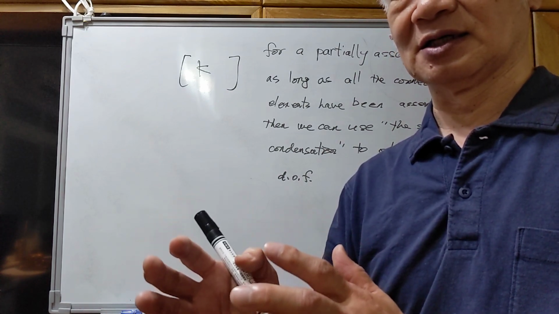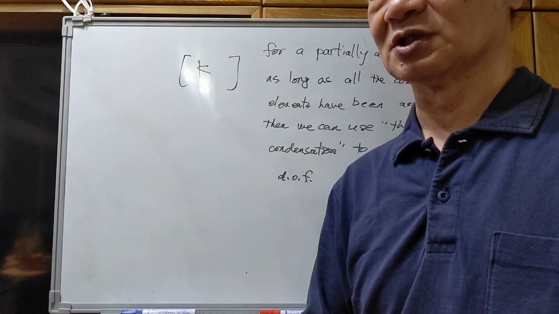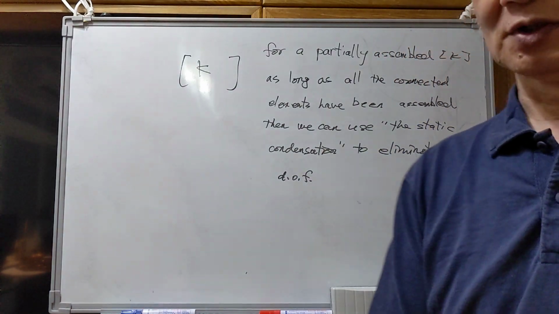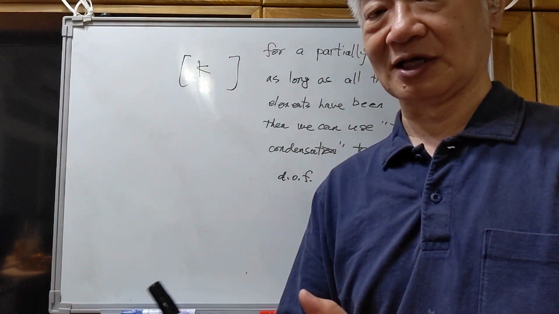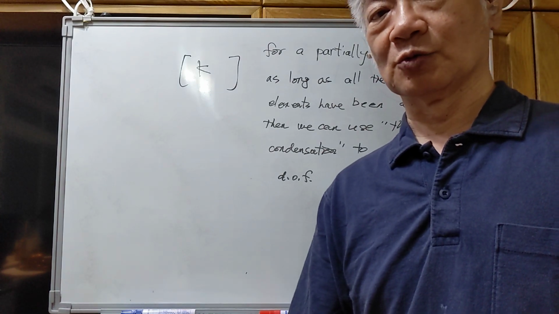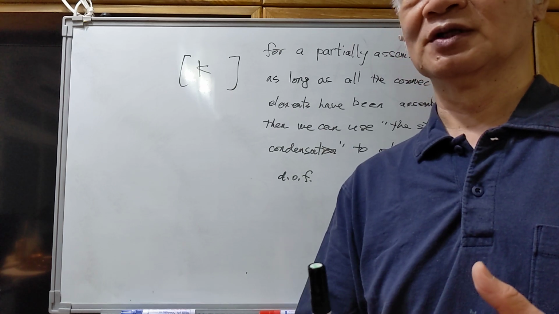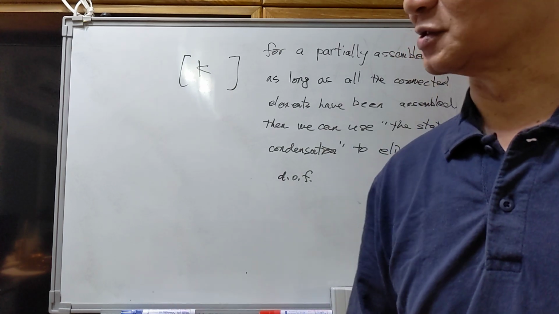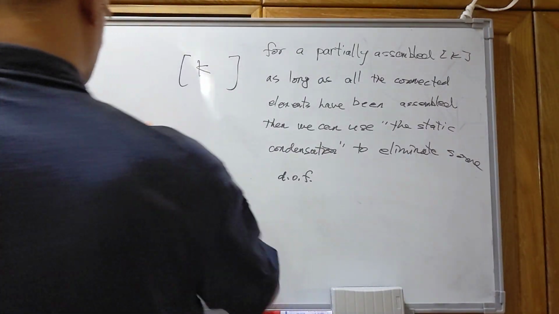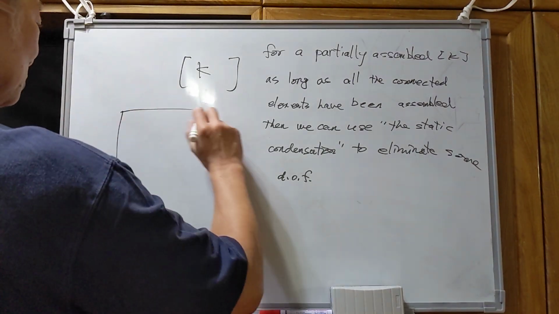They are the known external loads. So it means that we have the static conditions. So we can eliminate the corresponding degrees of freedom by the static condensations. So if we solve a problem like this one,